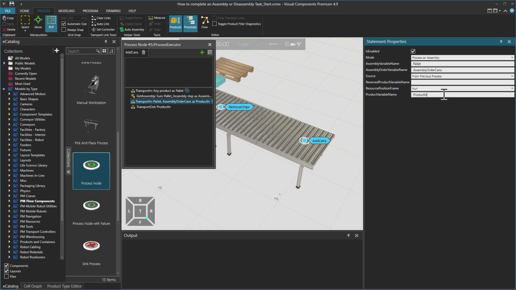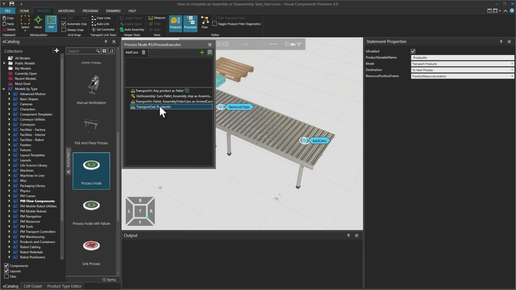And what will be the product variable name for these cans when they arrive? It could be, for example, arrived cans. And then selecting the transport out statement. After that, when the cans are received, we transport out with product variable name palette and with destination to component